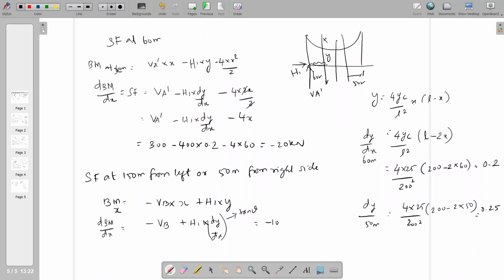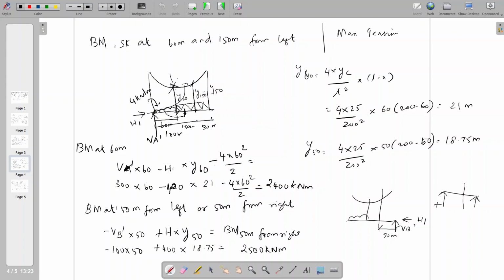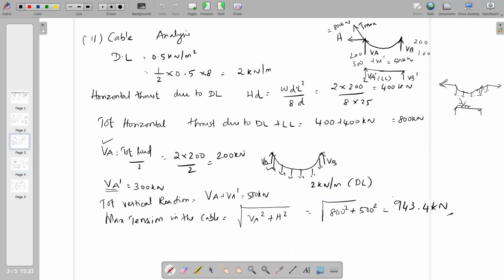Minus VB is 100, plus H1 is 400, and dy by dx is 0.25. So calculate the shear force value. The shear force here is 0. So we finished calculating the shear force values and bending moment values at 60 meter and 150 meter, and the reactions,